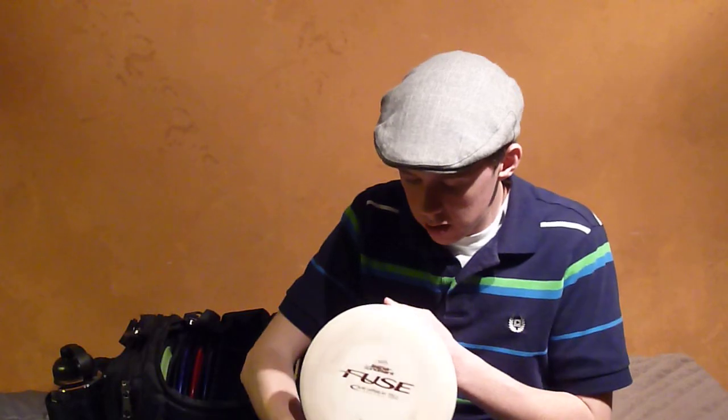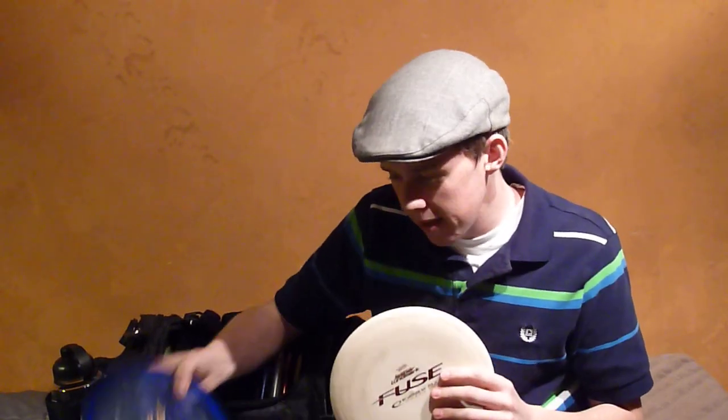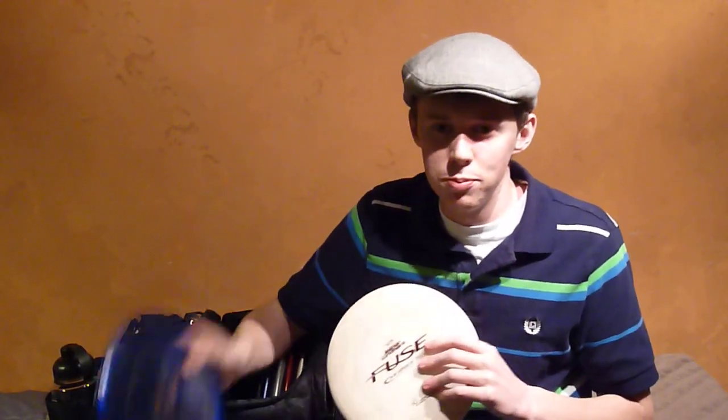My last mid-range that I have in here is, what do you know, another Fuse. It's the test run material. It is extremely understable. Imagine this flight and then speed up the speed that it turns quite a bit, maybe by double, and it makes it